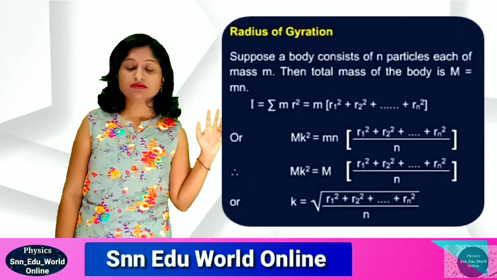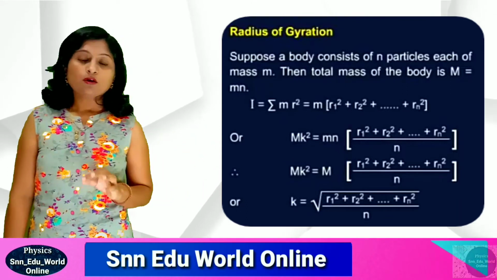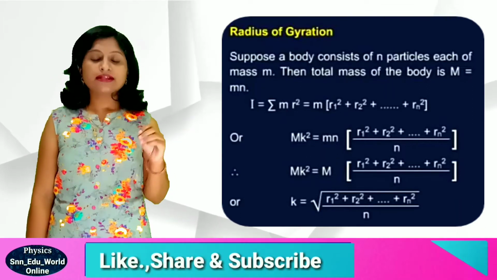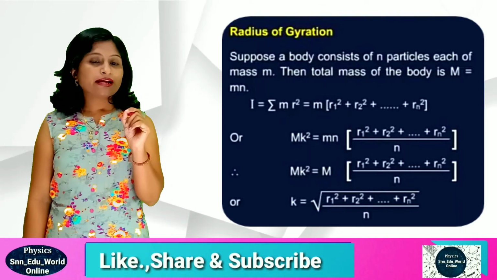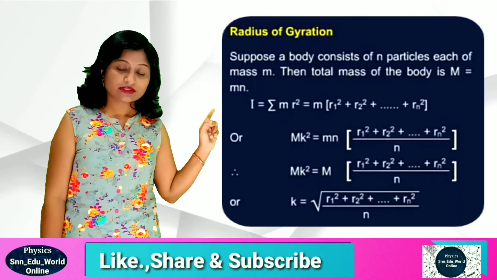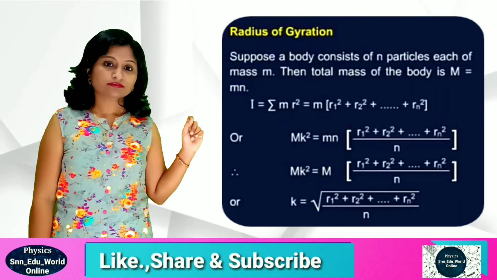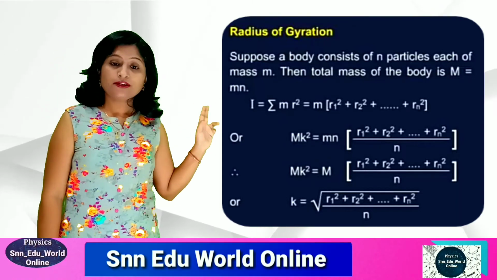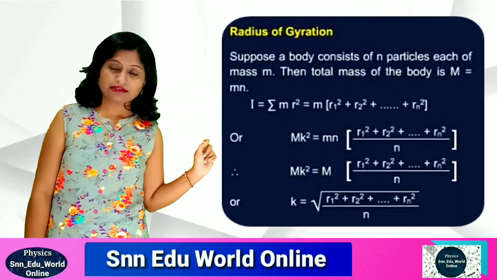Moment of inertia, when we are considering the radius of gyration, we can write MK square. We just discussed this for gyration. So MK square is this. Now multiply and divide the RHS by small n. We want to bring in the concept of capital M, so we are adjusting this. Outside the bracket we get n into small m, which is, as we already discussed, the mass capital M, the total mass of the object. So M into the bracket r1 square plus r2 square plus r3 square up to rn square, divided by n.